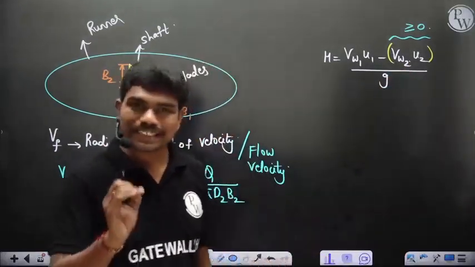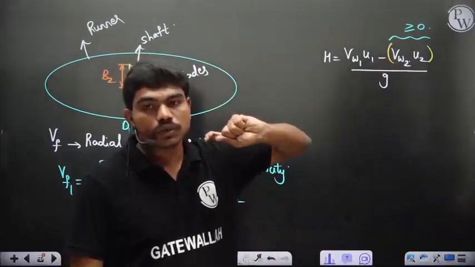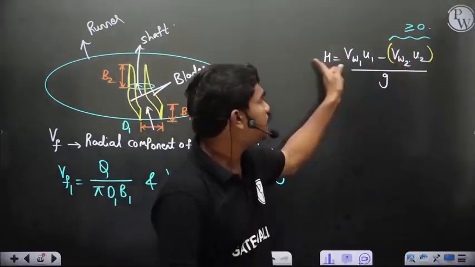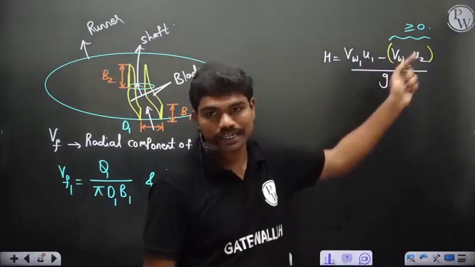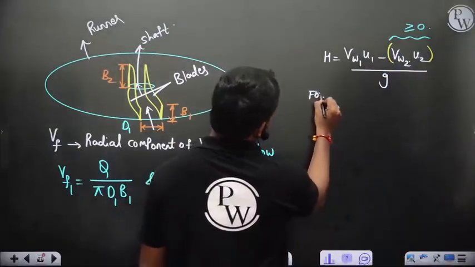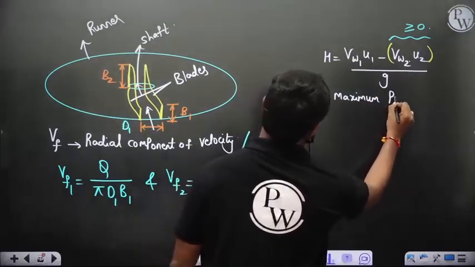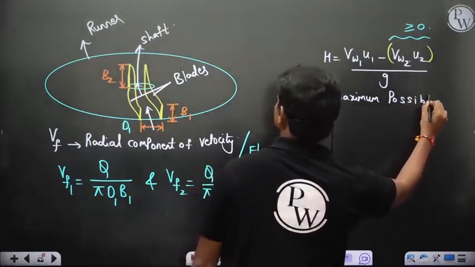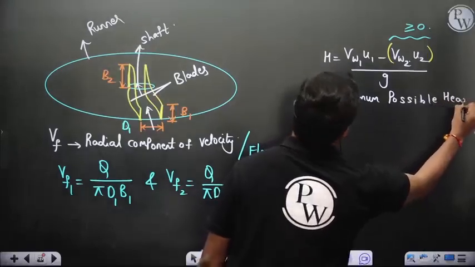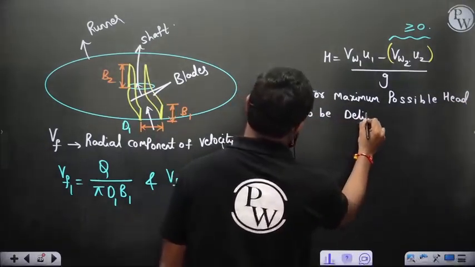Okay, so the maximum thing you can do is VW2 greater than or equal to 0. Since this is a positive term and this is head, this term has to be subtracted. For maximum possible head to be delivered,